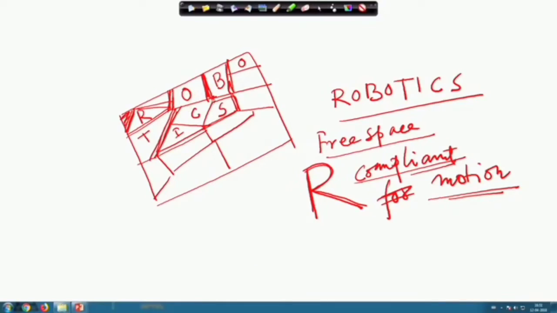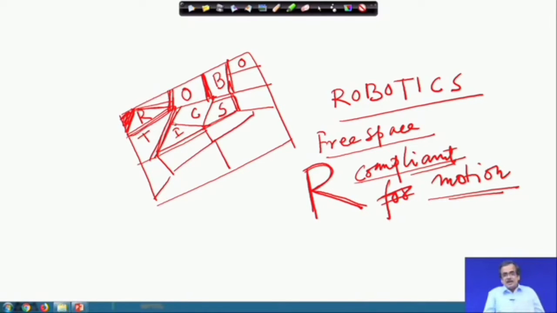And free space motion planning: the purpose of free space motion planning is to find out the feasible and the infeasible zone. For example, say this is an infeasible zone, but this part is a feasible zone where I can write down one letter. Okay. So, the purpose of free space planning is to determine the feasible space and infeasible space, but the purpose of compliant motion planning is to write that particular letter.